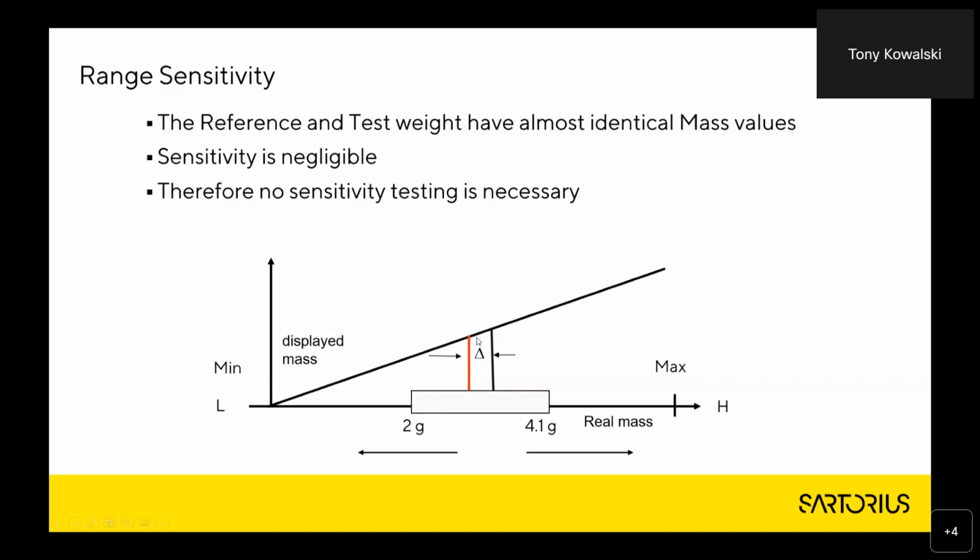So range sensitivity is more important because we don't want the comparator to display an error between the level of the reference weight and the maximum deviation for a test weight. Because the reference and test weight have almost identical mass, the sensitivity is negligible. So you may choose not to do a sensitivity test. It's not critical. It's not absolutely necessary